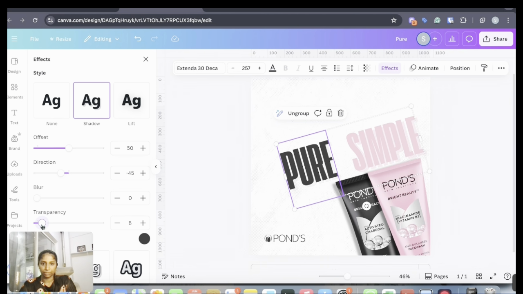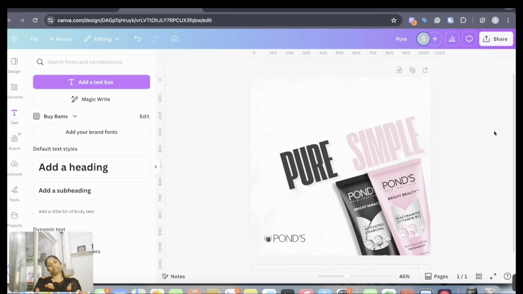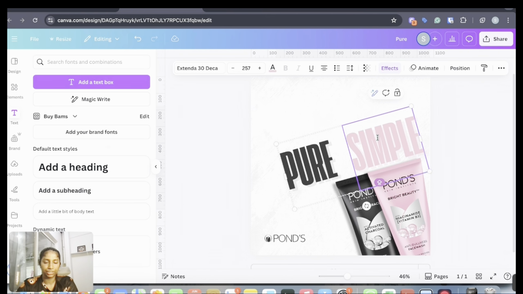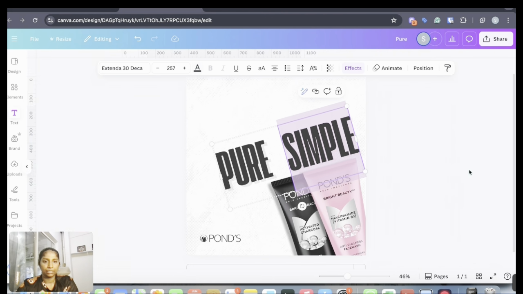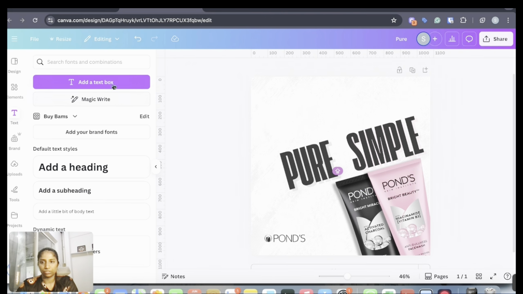We'll reduce its transparency a bit, and the same for this one. Like just for a depth, I think it's looking good, I like it. So we'll keep it this way. It's this color to black. Okay. And then once we put "and", so let us put "and"